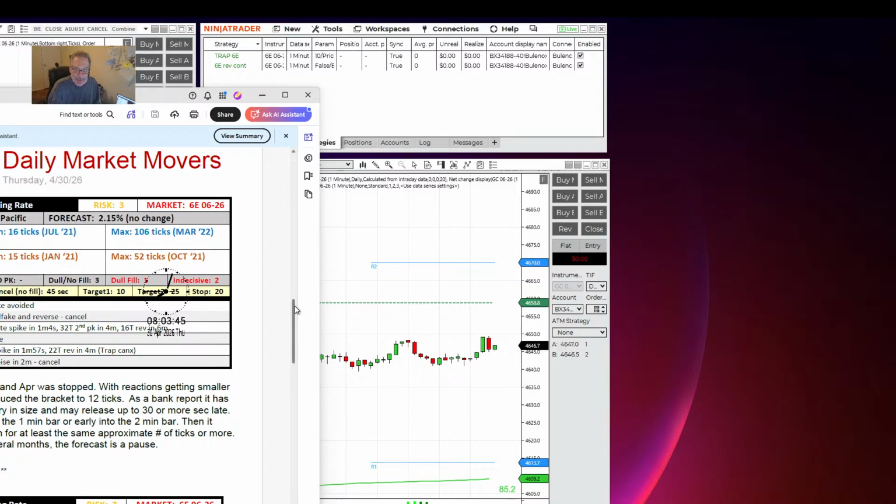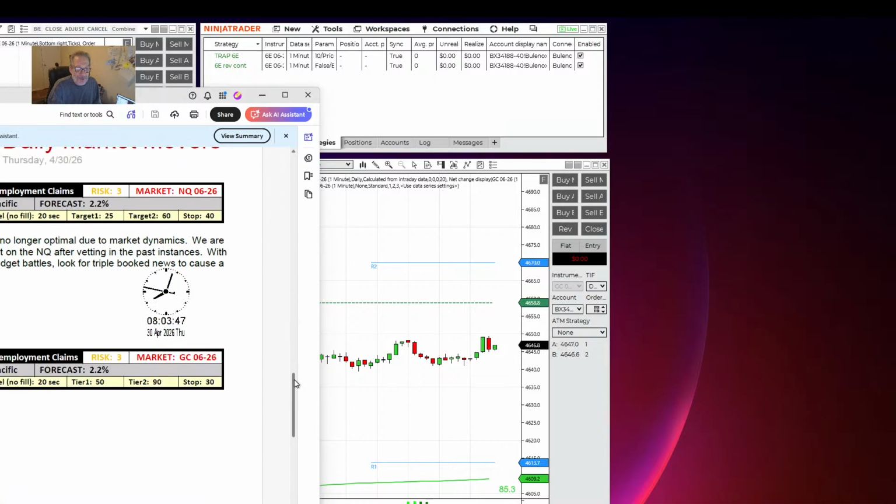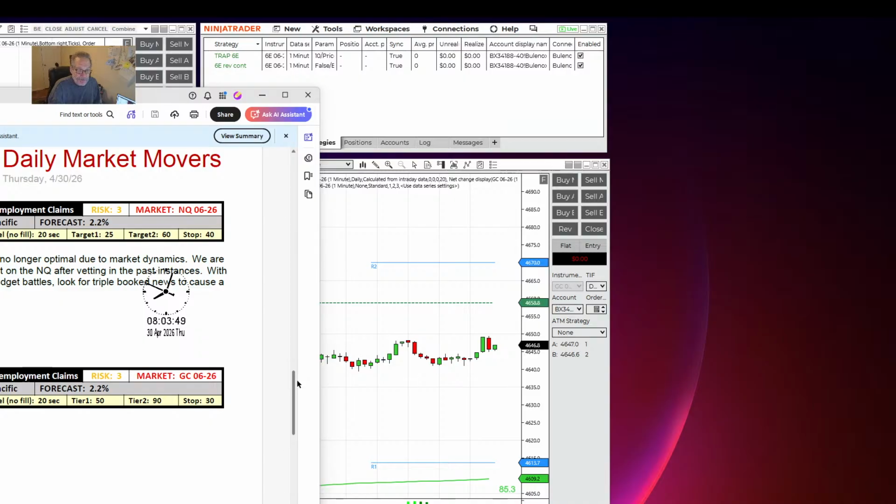For GDP, we have a gold trap trade or an MNQ breakout or NQ. It might be you want to trade MNQ with a stop of 100 to keep your risk down on this report. I'm going to set up the gold trap trade